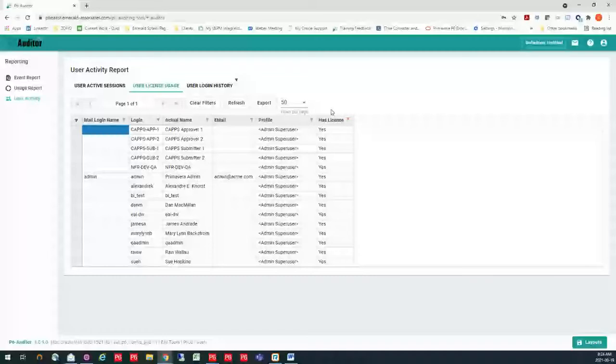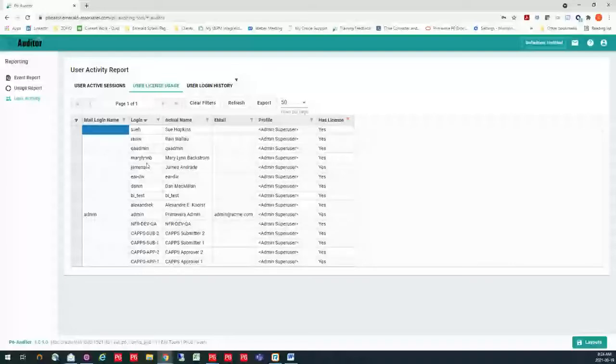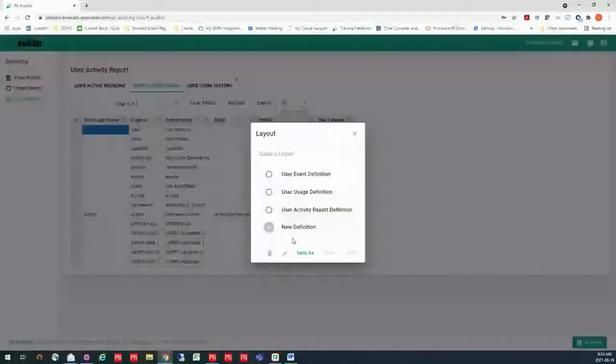And if I wanted to sort this in any way, let's say I wanted to sort it alphabetically by login or whatever, I can certainly do that also. Then I can save that layout. So over here in the bottom right-hand corner, I can click this layout button and it gives me the option to save as. I also have the ability to save multiple layouts. So I can save multiple layouts, and every time I go out to do an analysis that I run regularly, I can simply load this layout up, and I don't have to redo all of my